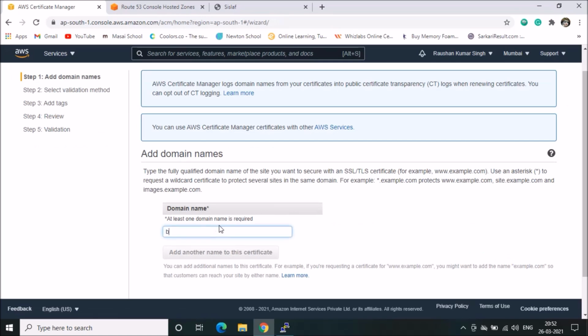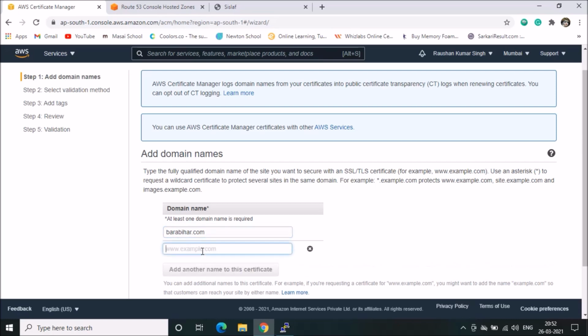Here we will give the website name barabihar.com, and you can give the subdomain also: star.barabihar.com. So it will take anything before barabihar.com as a subdomain.